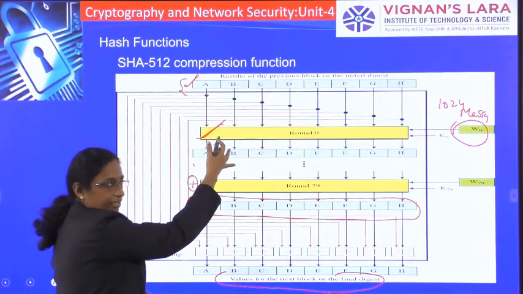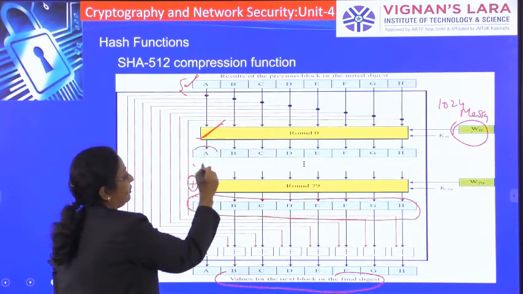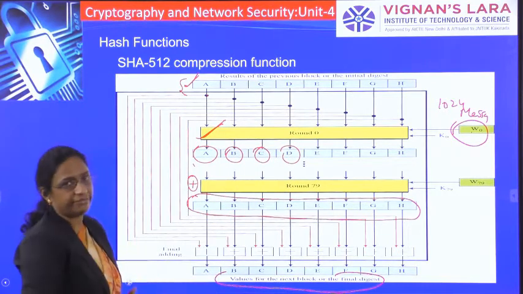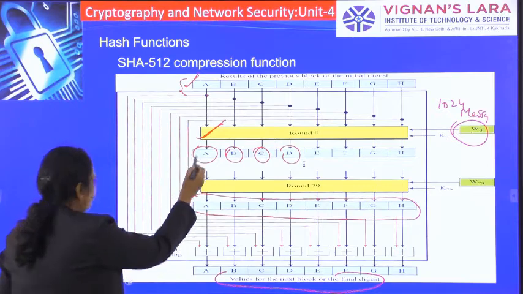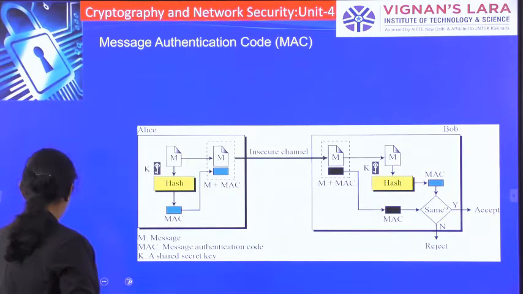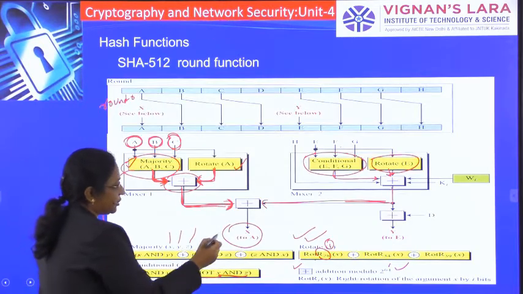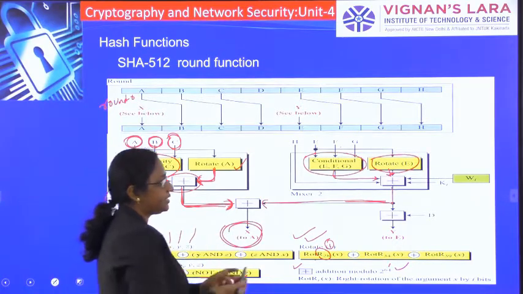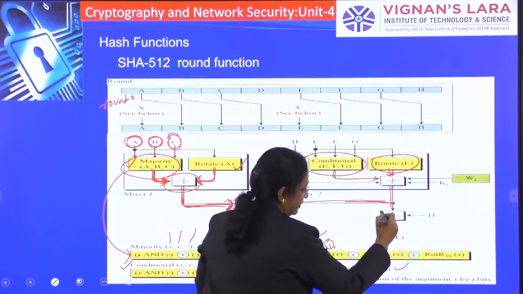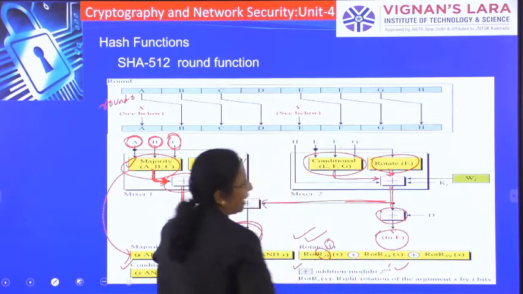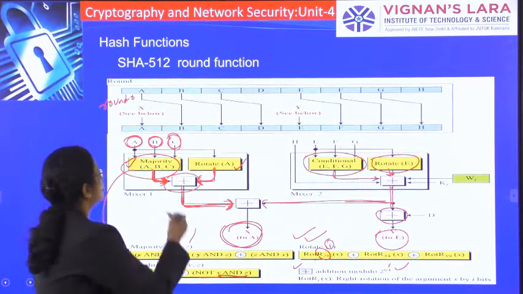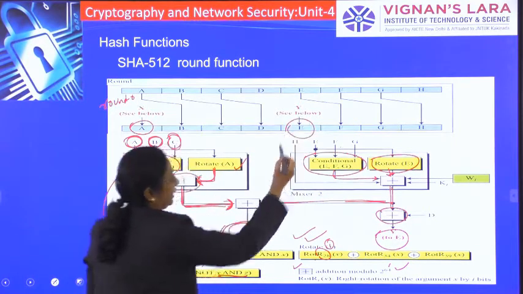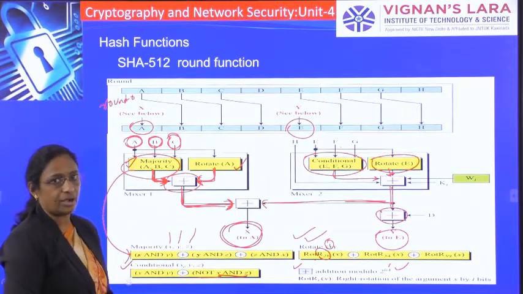After going through round 0, again you will be getting a value, b value, c. These are the new a, b, c, d, e values. So this will be your new a value after round 0. And after going through this addition modulo, this is the new e value that you are getting. So this is the new a value and this is the new e value that you will be getting after round 0.